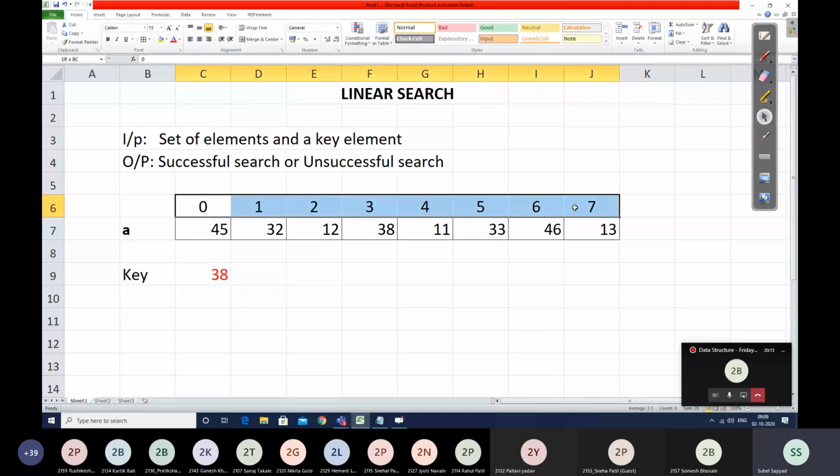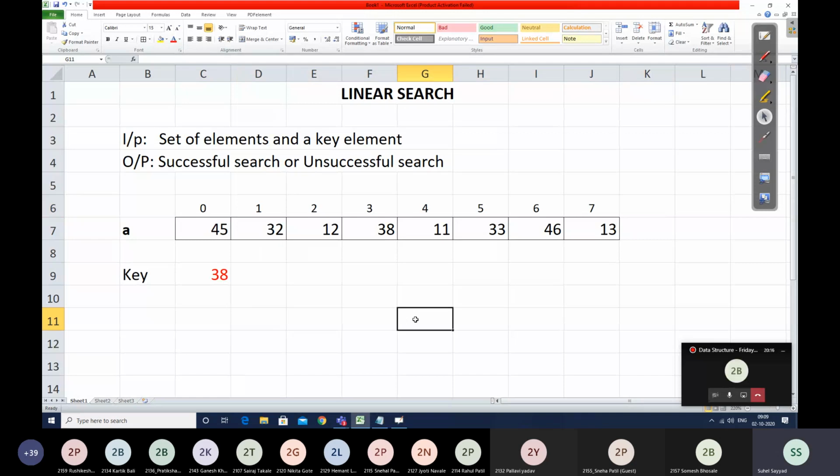Array of size 8. Indexes will go from 0 to n minus 1, so indexes are going from 0 to 7. And my elements are 45, 32, 12, 38, 11, 33, 46 and 13. Is it clear? Input is clear.